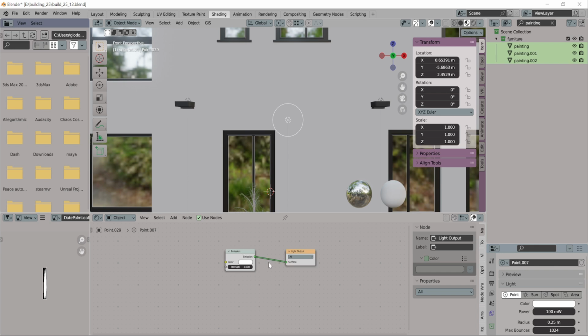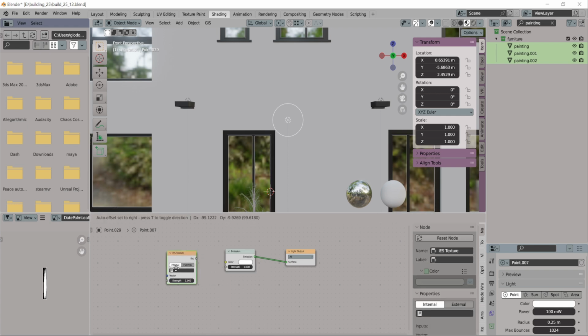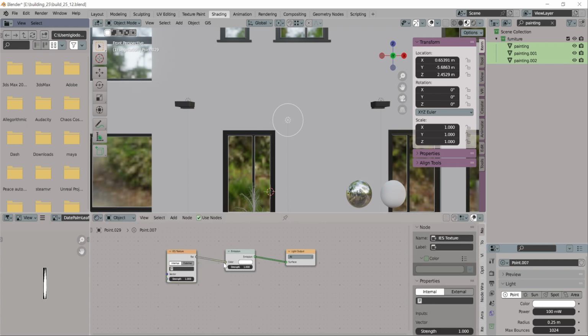You end up with an emission node and a light output node. To set up an IES light, you would first load up an IES texture. If I come into here, I've searched for it before, so it comes up. You'd plug this into the color and this into that, right? And then it's currently set to internal, so I'm guessing Blender probably has some kinds of